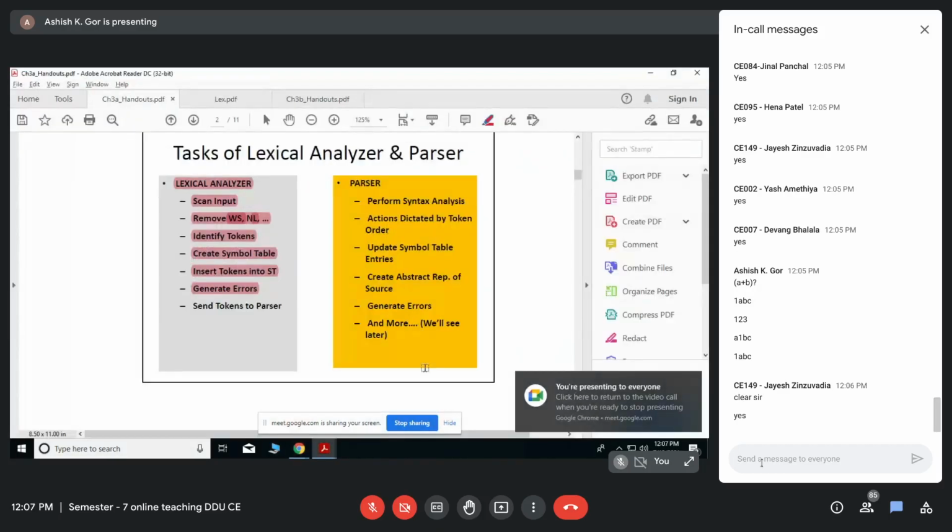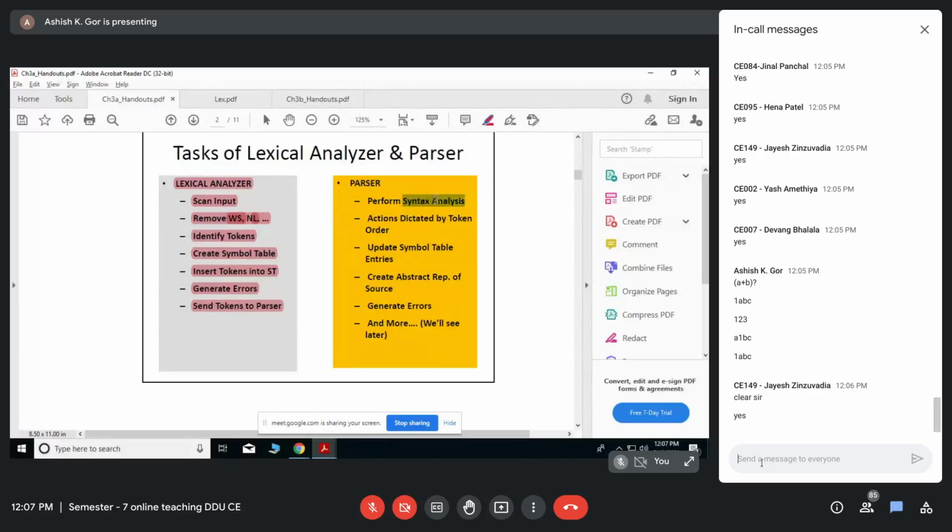Fine. So the lexical analyzer generates errors and definitely sends tokens to the parser. What is the responsibility of the parser? You don't know this completely right now, but let me give you a hint. It performs the syntax analysis. The simplest example is that whenever I speak some sentence, your mind is constantly checking whether I am speaking correct English or not. That is your syntax analyzer.